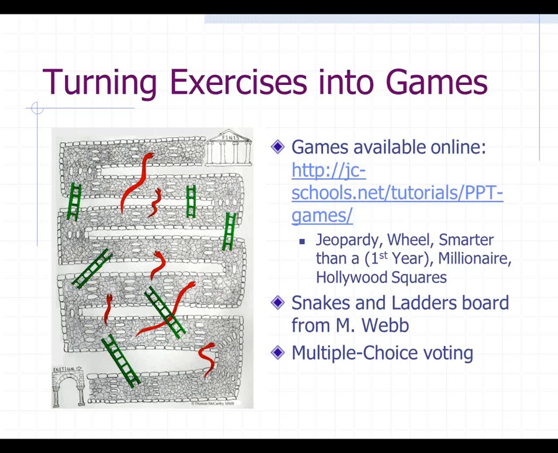Okay, that's all I really want to say right now about grammar games, because I'd like to use the last part of this hour and a half to talk about projects. But before we move on, does anyone have any thoughts or questions about the ideas that I just shared? All right, then I will move on now to talk about projects.